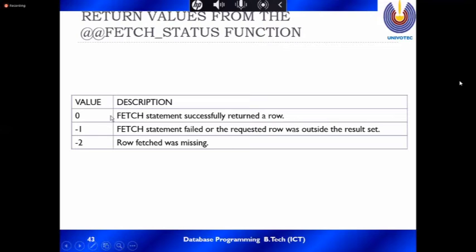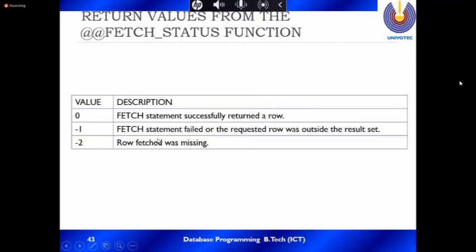If 0, the fetch statement successfully returned a row. Then if -1, the fetch statement failed or the requested row was outside the result set. -2, the row fetched was missing.